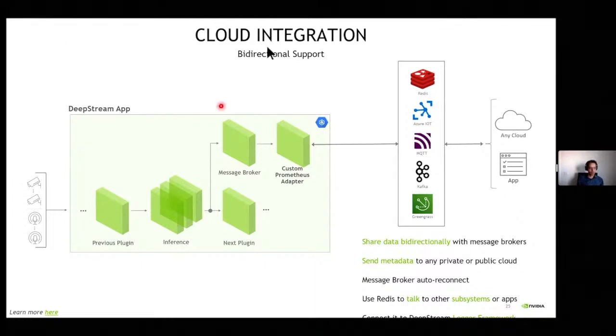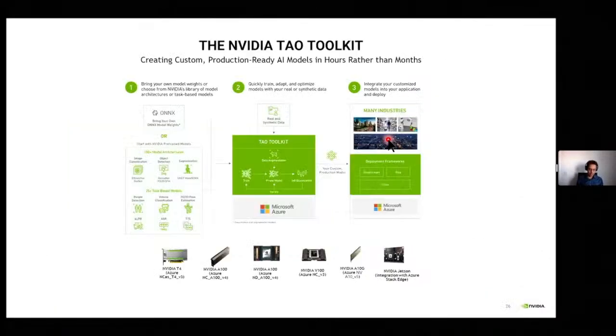Or Azure IoT, for example. So all of these cloud integrations are supported. So, okay, how can we put all of these together on Azure? This is our supposed pipeline here. We're going to start with a model from NGC. We're going to upload it to Microsoft Azure, and we're going to start a virtual machine for Tau, and then basically we're going to deploy